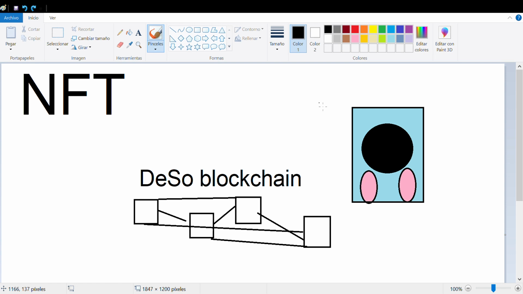Here in DESO, there are other things called smart services, smart assets. So it's different, but it's basically the same: just creating a token and putting it on the blockchain. So anyway, this is the video, and I'm going to make other videos in which I show you how to create an NFT on the blockchain.